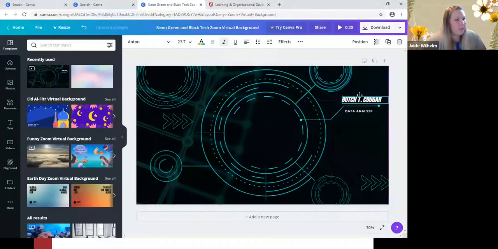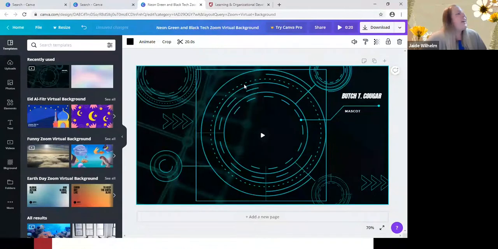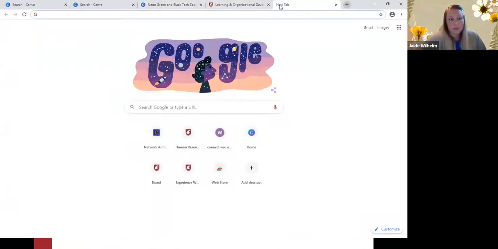All right, so we have Butch T. Cougar, and then his title, so we can type in mascot, if I can spell correctly. All right, and then another thing that I like to do is, if you're designing for WSU, it's important to